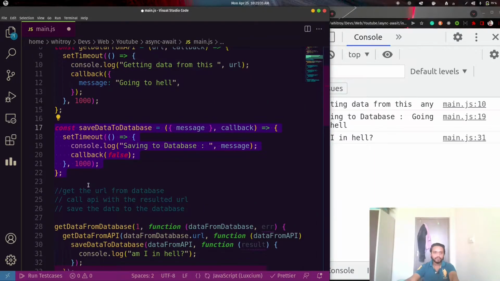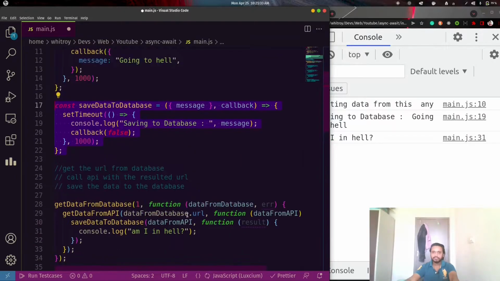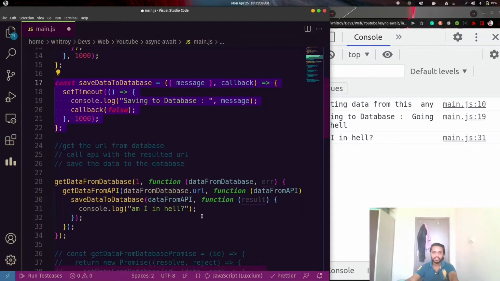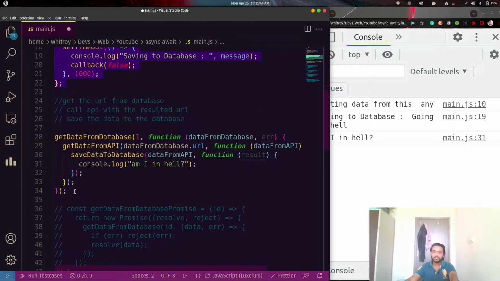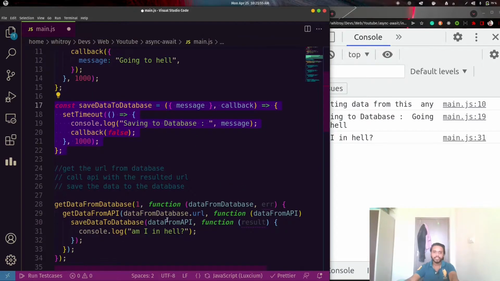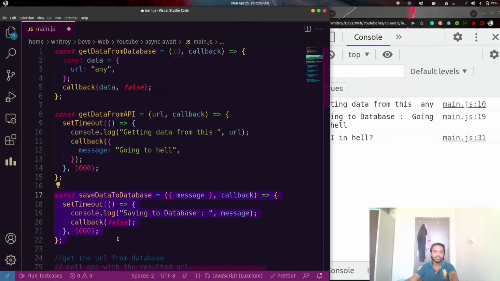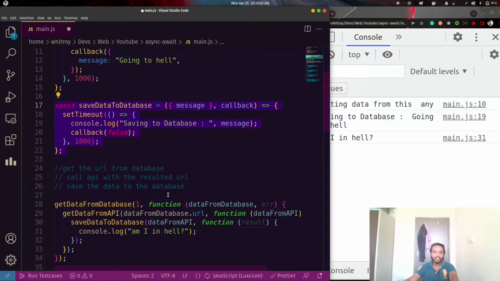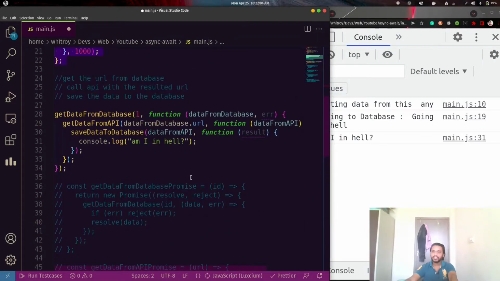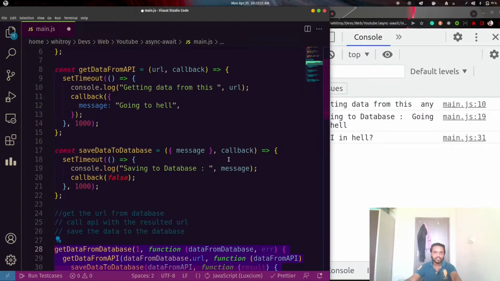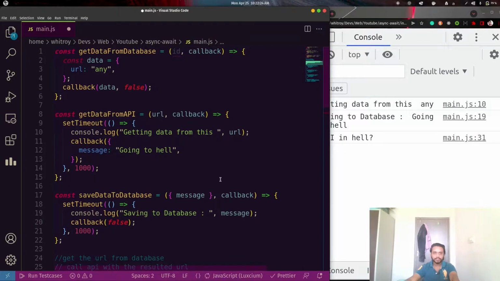If you are confused with this example, please check my previous video in which I discussed all the things in detail. I have given the link of that video in the description. You can check from there. So let's start today's discussion, in which we are going to discuss how we can convert these functions into promises, and async await, and some scenarios where promises are more appropriate than async await. First, let's start with these examples.